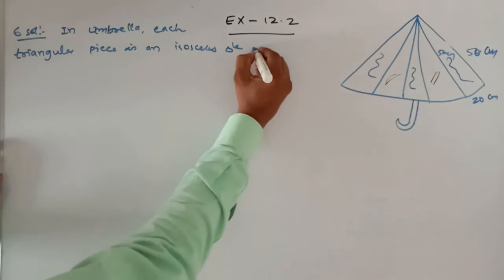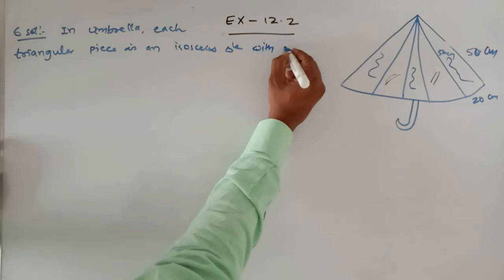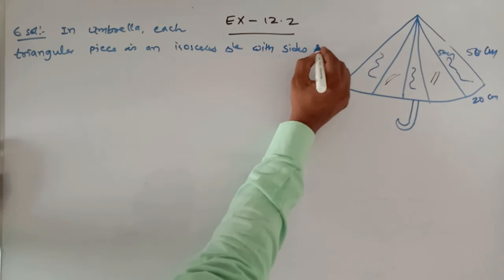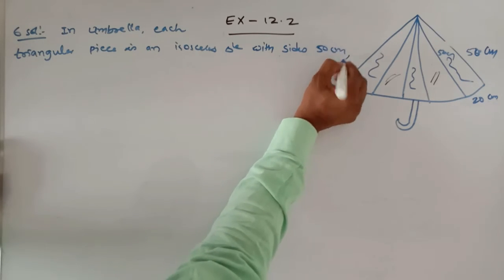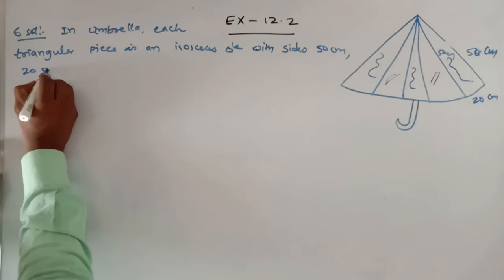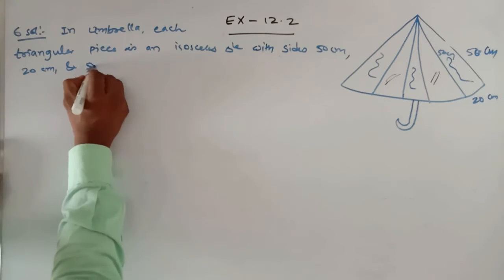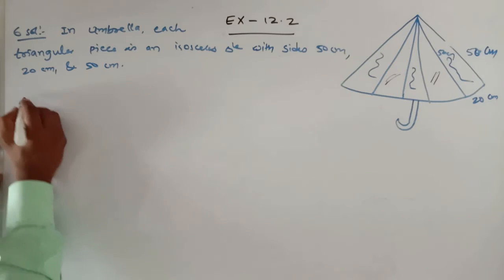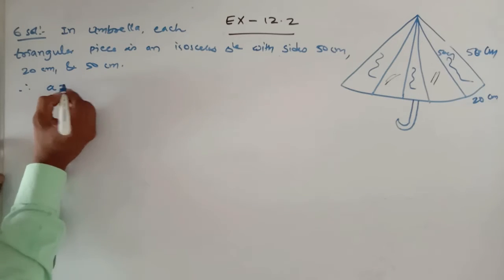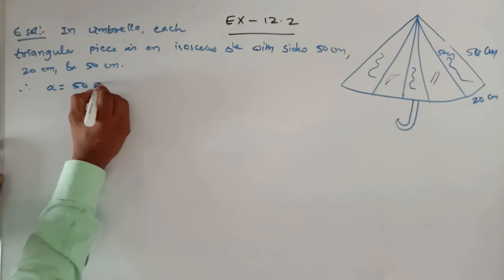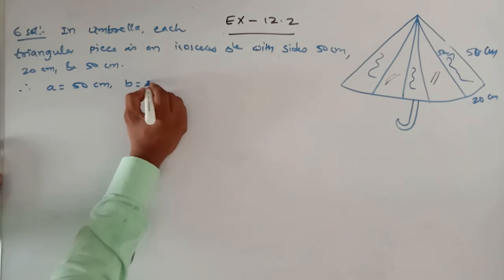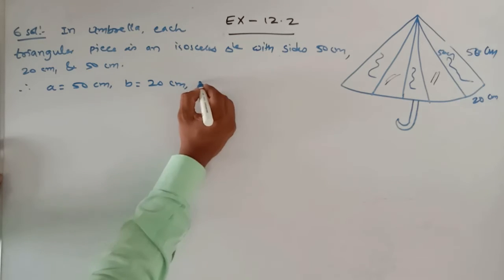An isosceles triangle with sides 50 centimeters, 20 centimeters and 50 centimeters. Therefore a equals 50 centimeters, b equals 20 centimeters, c equals